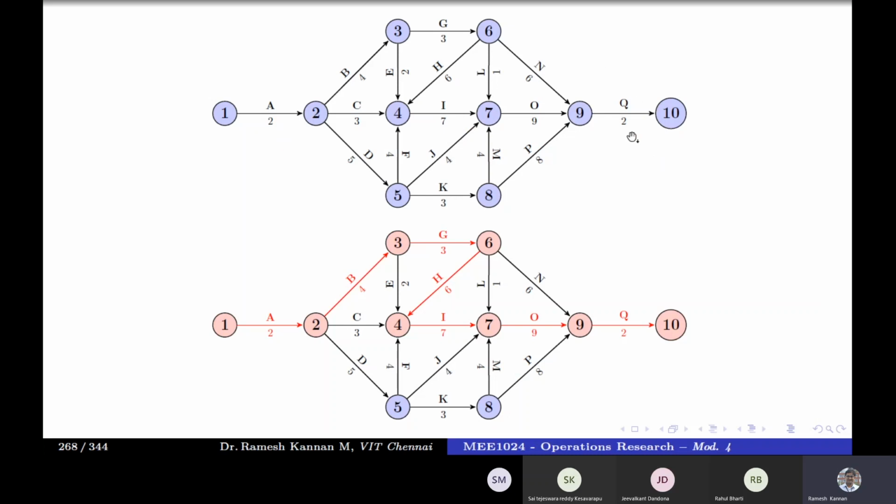So this is our initial network. The critical events are 1, 2, 3, 6, 4, 7, 9, 10, and the path that connects the critical events, the critical path, which has 0 buffer, is marked in red color. In an exam you can draw a double line, or highlight it with some color. If it is a black and white book, they would probably have thickened the lines or arrows of the critical activities to represent them.